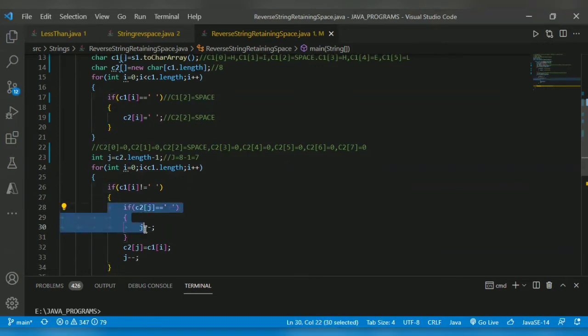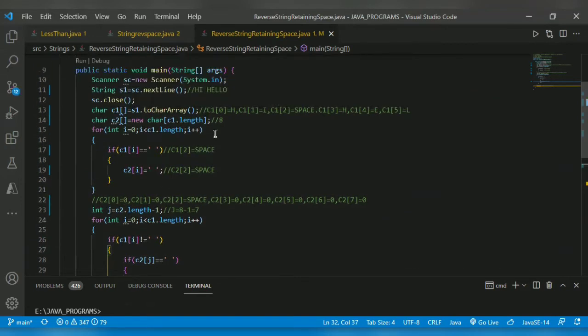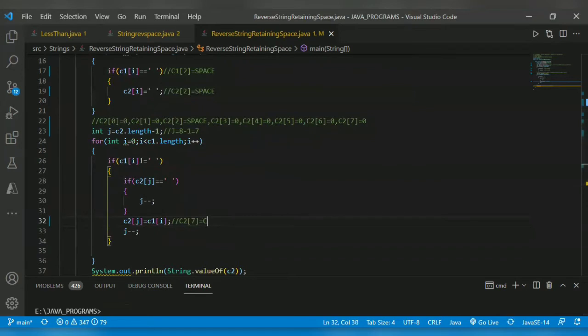So it will not go into this if. Here it will consider c2 of 7 equal to c1 of i, c1 of 0, which is H. So c2 of 7 will become H.